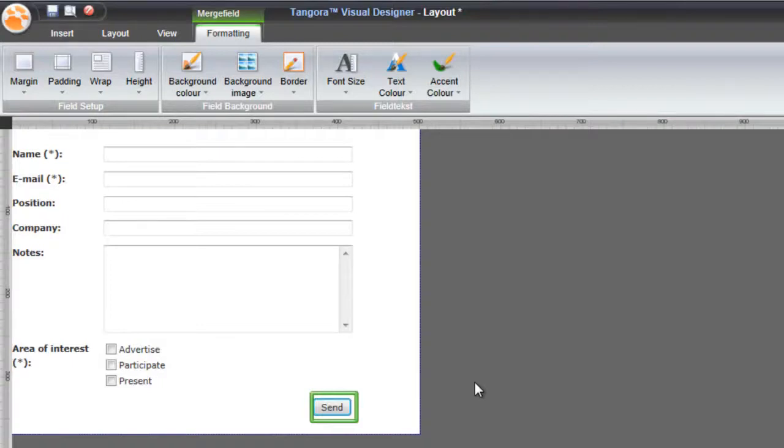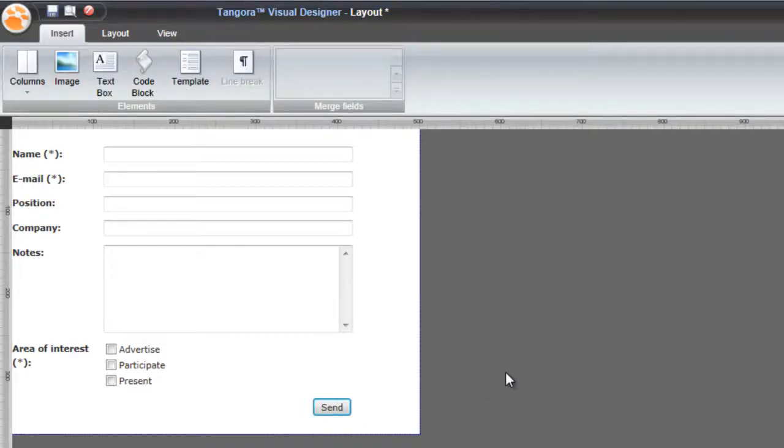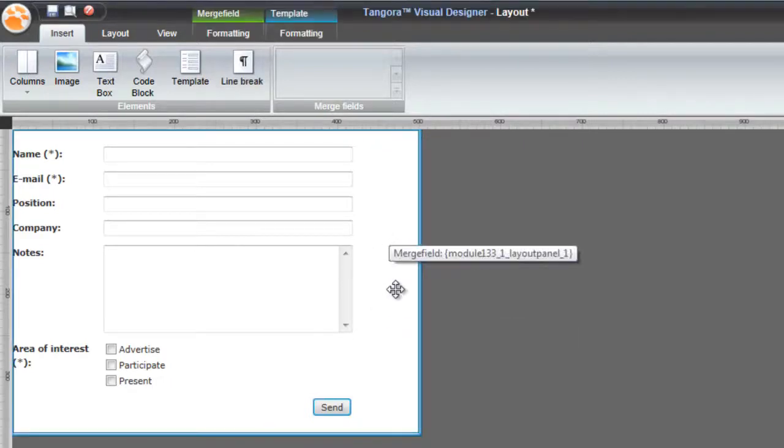So now I have that Area of Interest headline, which I want to get on 1 line. To tackle this problem, I'll need to change the Visual Designer template being used. I'll click off to the gray background, and then I'll click in the area of my form, and you'll see that there's a blue box that appears here. This is a Visual Designer template, which was automatically created when I ran the wizard. Under the Context-Sensitive Template tab that appears then, I can make my adjustments.